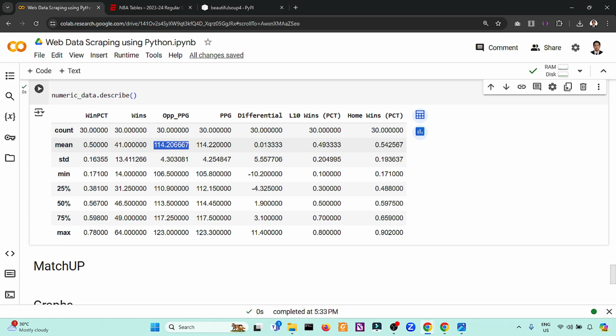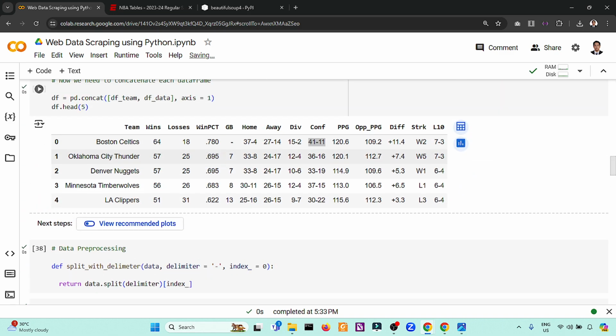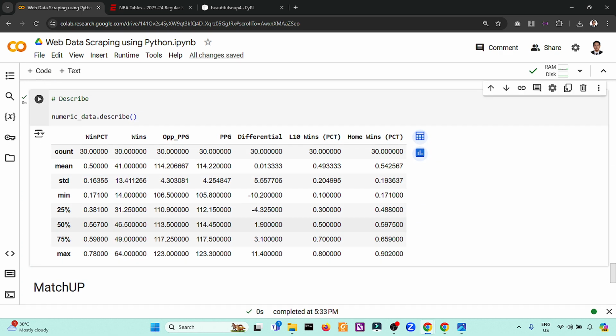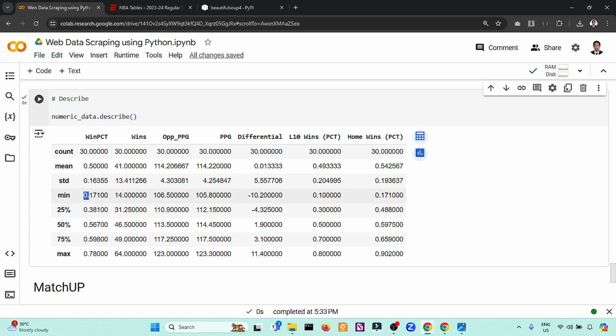This is for the entire league. Okay, the maximum wins is 64. Yes, 64 wins by, of course, the Boston Celtics. So that's the description of the data. You have the interquartile range, the minimum win percentage, the mean.